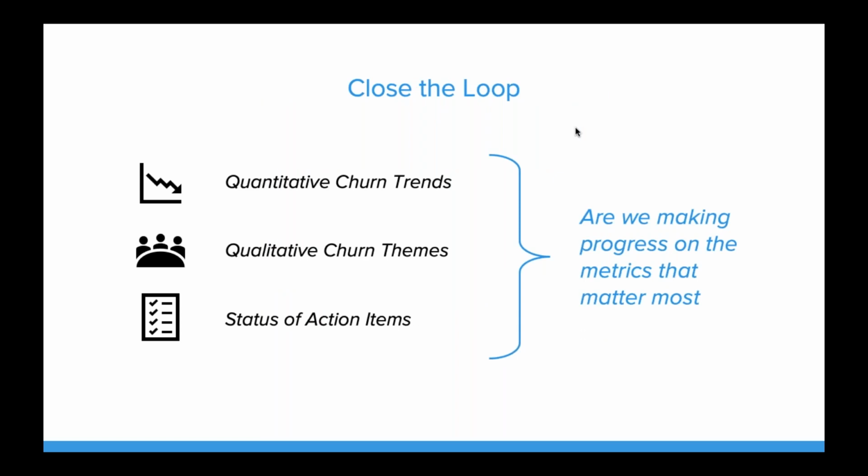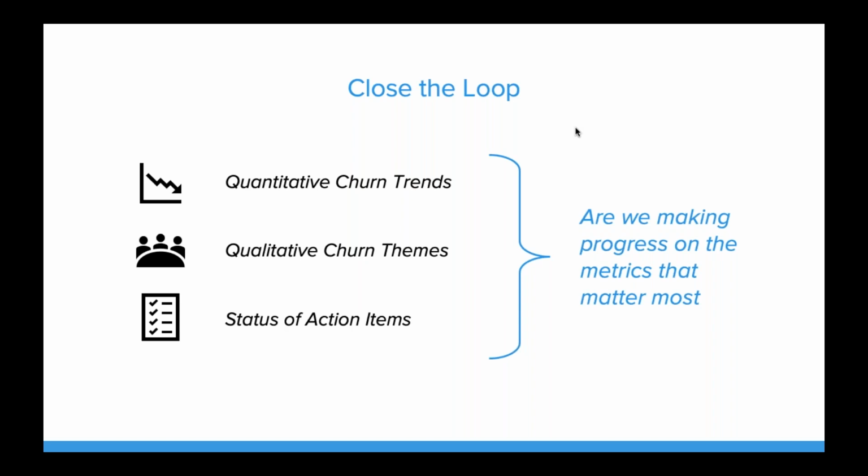And then finally, it's time to close the loop, right? So if you're getting this great intelligence in the right hands, hopefully you are having that impact, and you want to have that positive impact on the business. So to make sure that you're doing that, you do want to close the loop. There are a couple of ways that you can do that. So one, of course, is the quantitative churn trends. Hopefully we see that go down and down and down over time, especially if we see that a large number of our churns are due to a particular sales issue. Well, we can even look at the trend just around churn from that issue over time, if that is the thing that we're focused on tackling.